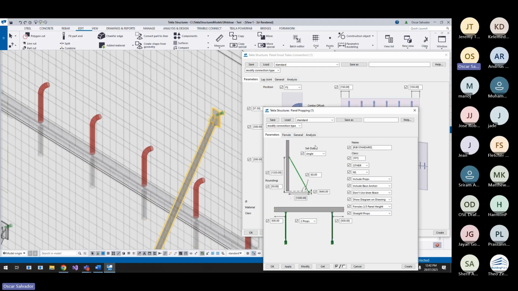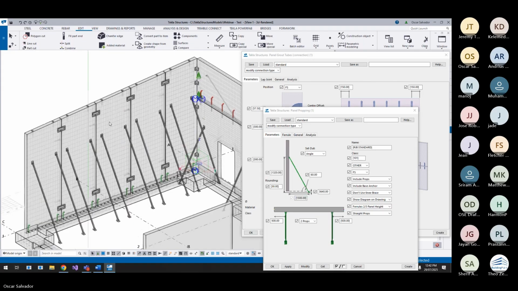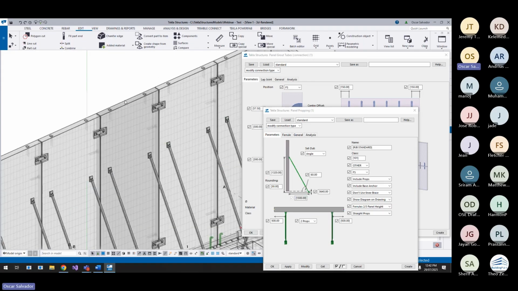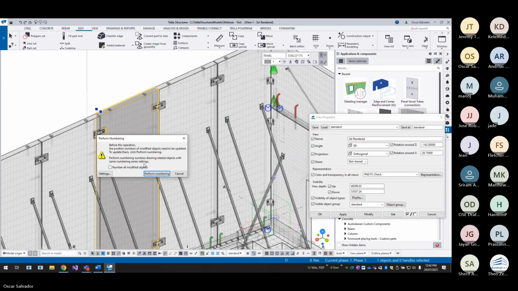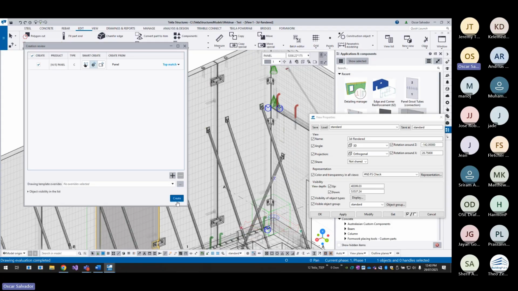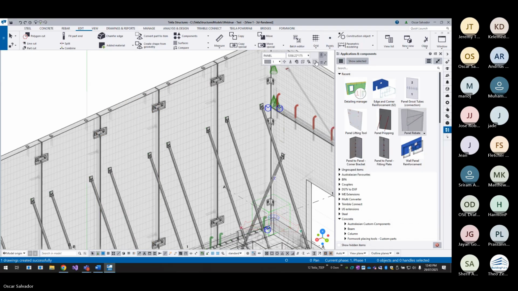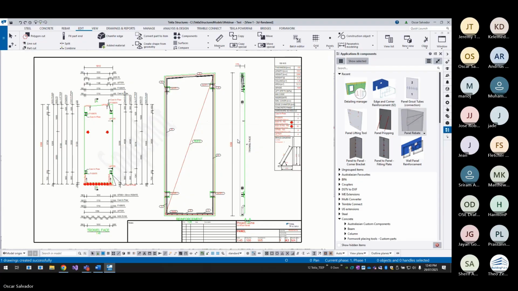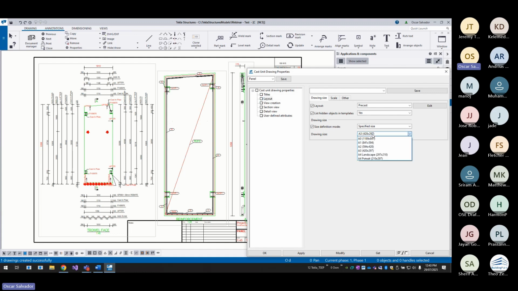The same goes with the propping. Change this to far side, they will turn red. If we put them back in, they will turn green if they are near side. Okay, so let us now create one drawing. So create the drawing. Okay, so if it's a bit congested, we can change the layout size from A3, let's say,